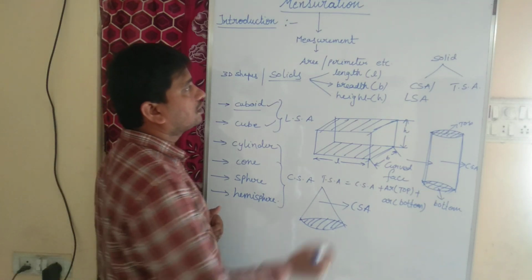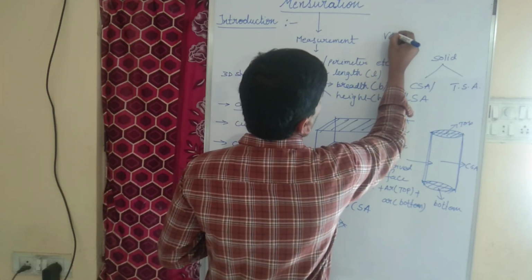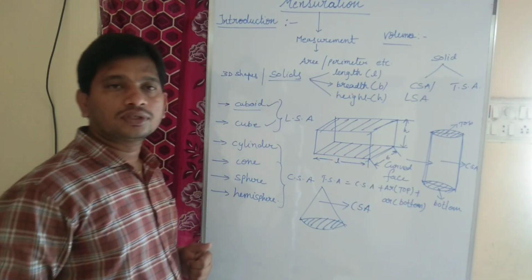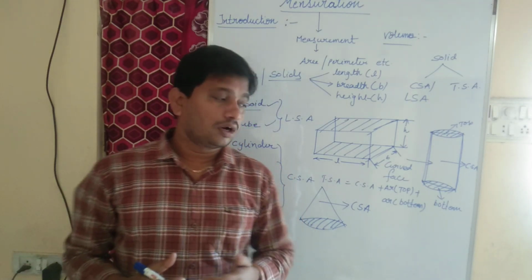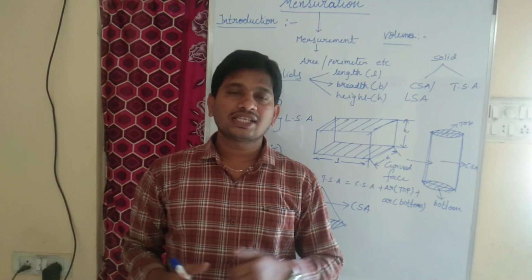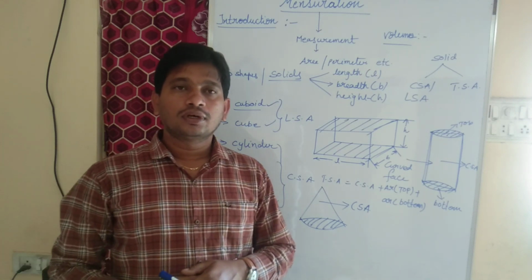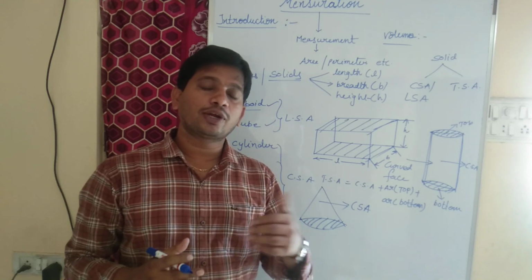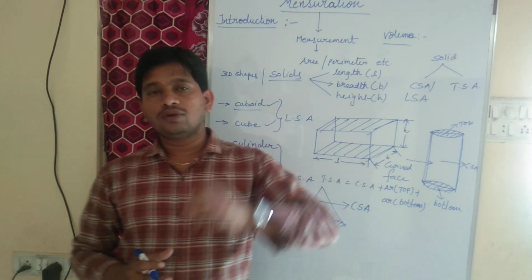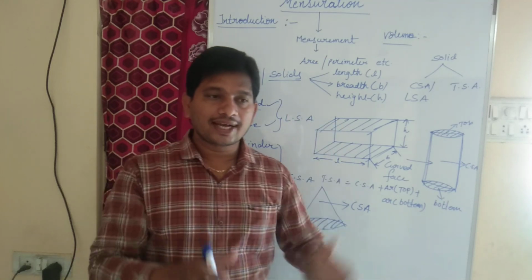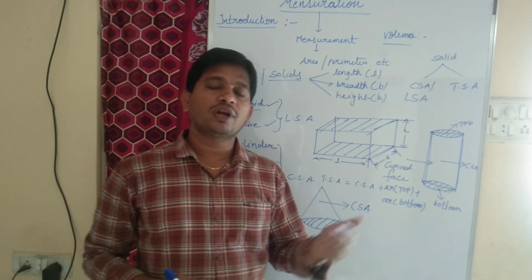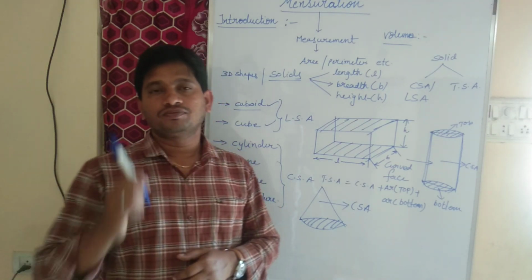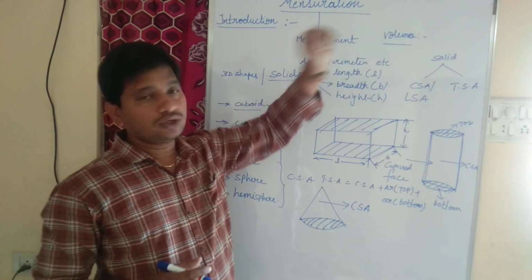Also, in this chapter, we will discuss volume. What do you mean by volume? For example, take a cylinder as we use in our home. How much gas does it contain? The amount of volume. If you take a gas cylinder, it contains 14.5 kg of gas, right? The amount of volume. So that is called volume.